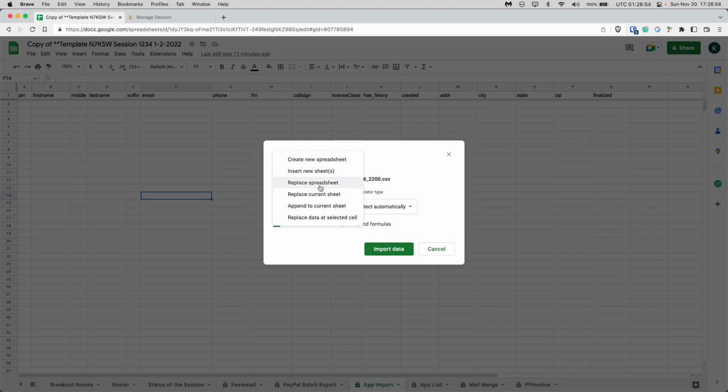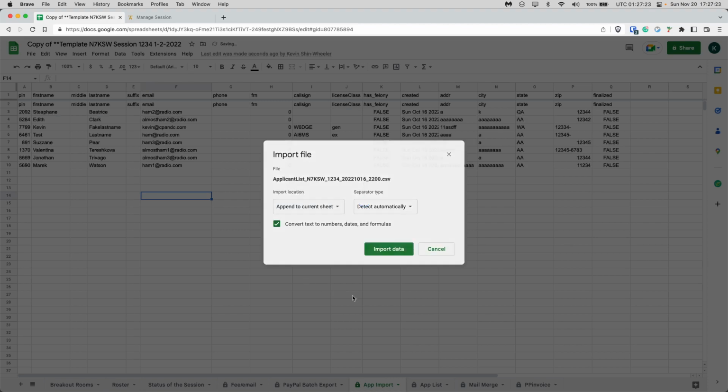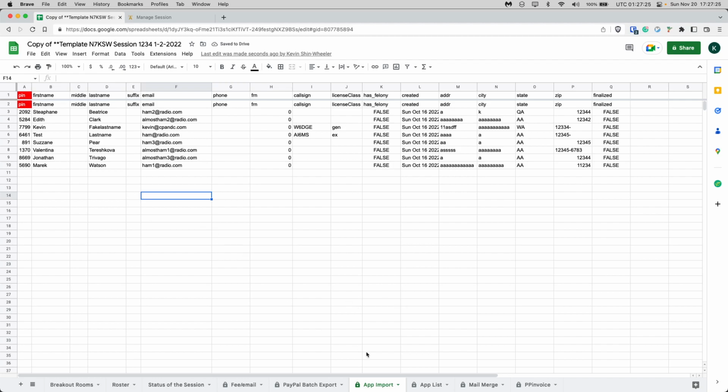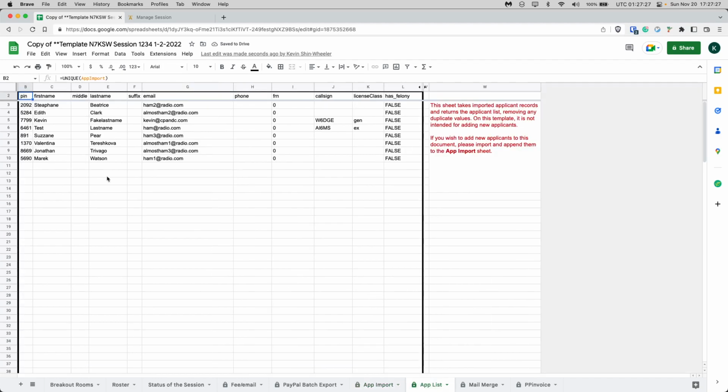You could click replace current sheet, and at the moment that wouldn't do anything significant. However, if I already had applicants in there that I sent emails to and did invoices for, it might mess up the order, because the app list, I believe, is ordered by first name or last name or something, rather than the date that they registered. So I always click append to current sheet, import data, and then I automatically have the next sheet remove any